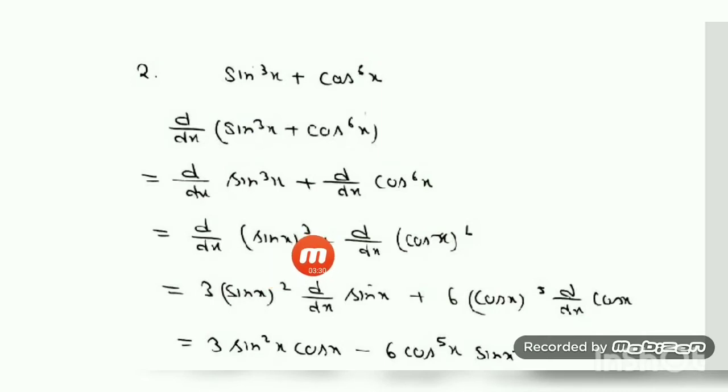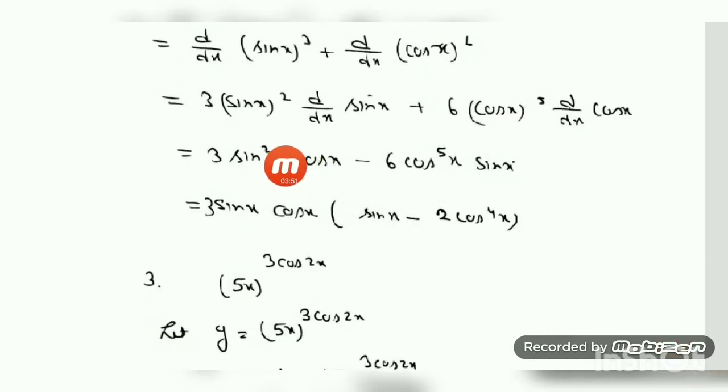Then it gives you 3 (sin x) whole square, because 3 minus 1, and d/dx of, thinking of sin x as x, so d/dx of sin x. Similarly here also it will be equal to 6 cos x to the power 5, and thinking here of cos x as x, so d/dx of cos x. After this, let us do the simplification and derivative. 3 (sin x) whole square can be written as sin square x, and d/dx of sin x is cos x. Here 6 cos to the power 5 x and d/dx of cos x is minus sin x, so I have written the minus sign here. Plus into minus is minus, into sin x.